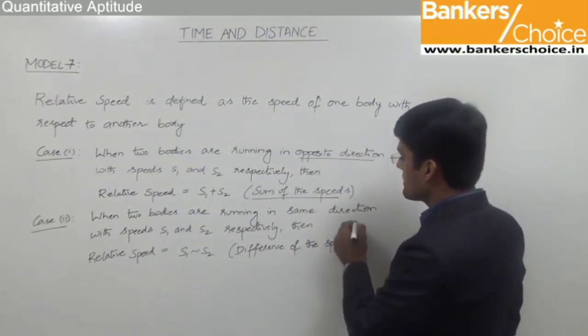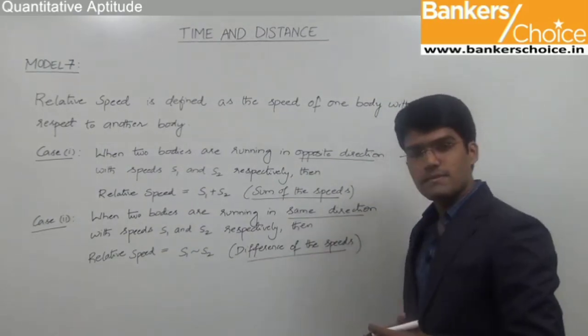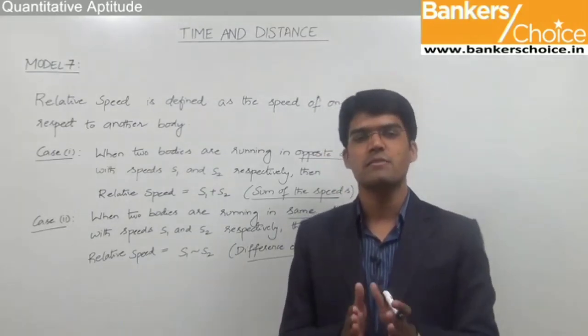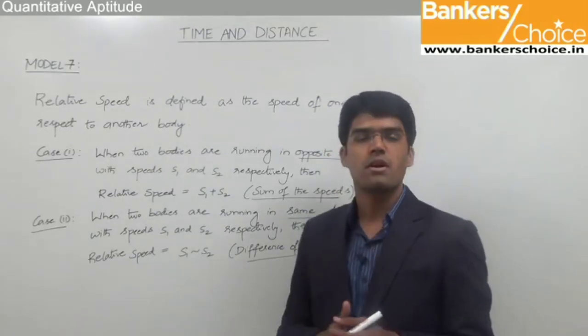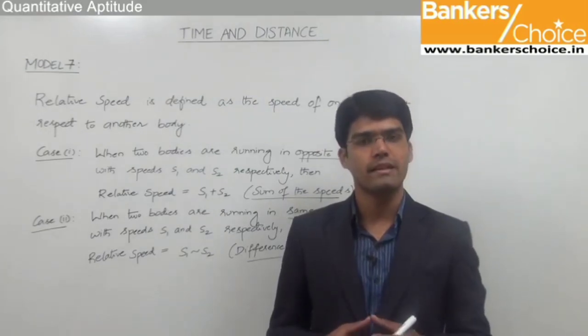And whenever two bodies run in the same direction, then their relative speed is the difference of their speeds. The simple point here is when two bodies run in the same direction, the relative speed there should be taken as the difference of their speeds. And when two bodies run in the opposite direction, there the relative speed should be taken as the sum of